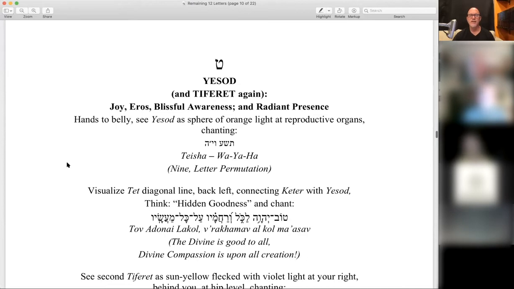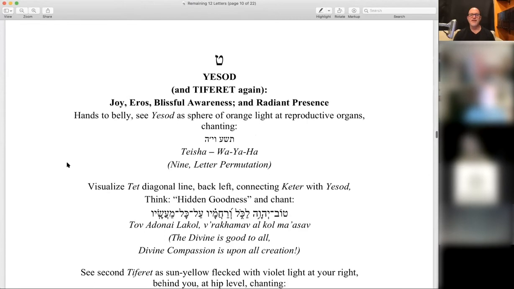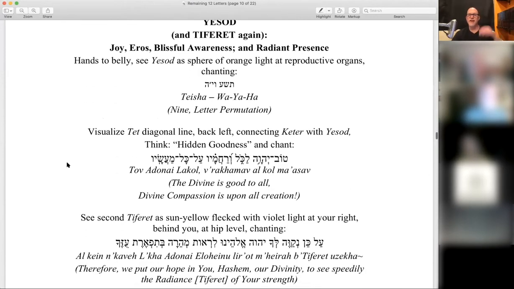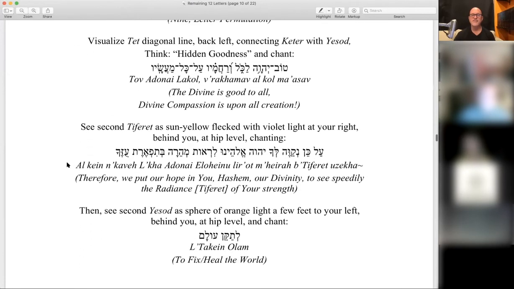Wahaya. And seeing the Tet line connecting Keter above your head with where Yesod will be behind you, hip level to your left. The hidden goodness within all things, Tov. Tov Adonai Lakol V'Rachamav Kol Ma'asav. And bringing now to mind the second Tiferet